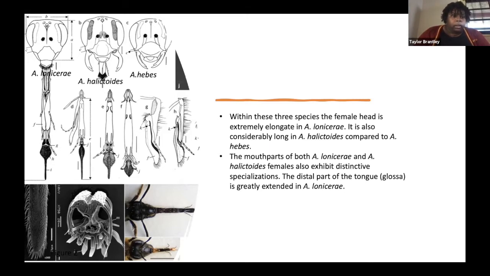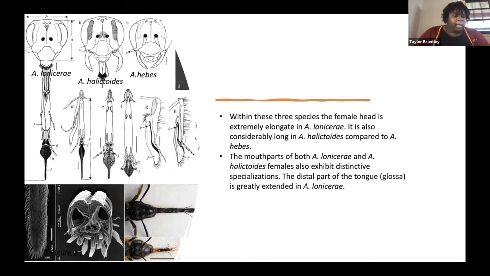For A. lanicerae, the female head is 1.1 times as long as broad, and for A. halictoides, the female head is 1 times as long as broad, and then for A. hebes, it's 0.92 times as long as broad. So they also found that the